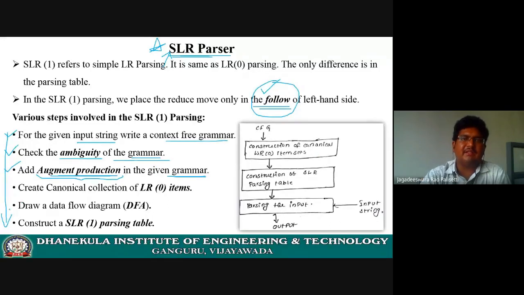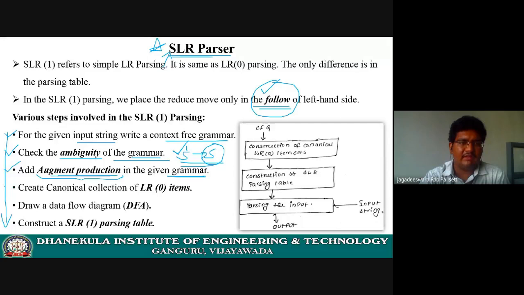Okay, string acceptance in the sense that this augmented production will convey the information to the parser of where to stop the process of parsing. Am I clear? So that is the importance of the augmented production, which consists of 2 parts, as you saw previously: S' tends to S. Let us consider this as the augmented production. The RHS should contain the start symbol of our original grammar G. Am I clear? Where S' is the new non-terminal being created. So this is the production which is called an augmented production. I am just revising that.